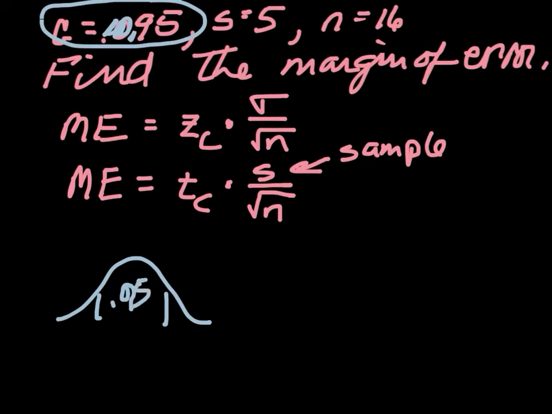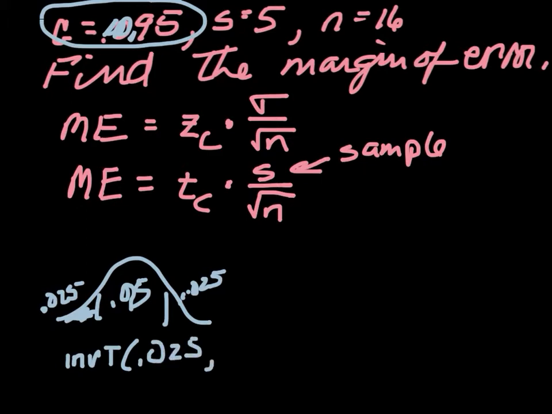If I have a confidence level of 0.95, that means I have 0.025 in each tail of the interval, and therefore I can do inverse t, where I list the probability to the left and then the degrees of freedom. Well, my degrees of freedom are going to equal 16 minus 1, so that's 15. And so if I do that, I will get